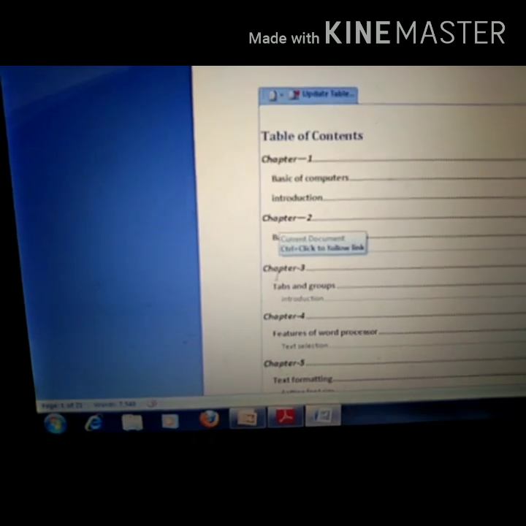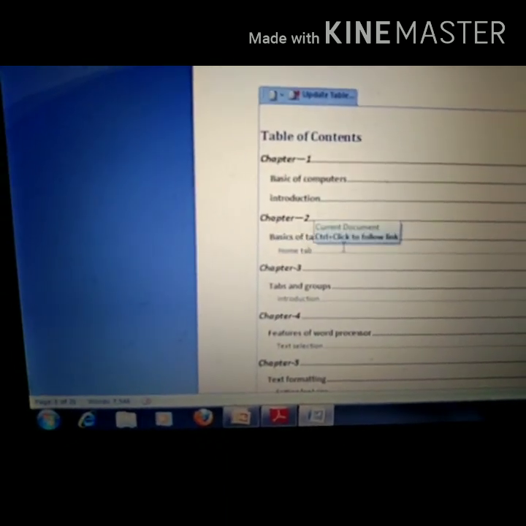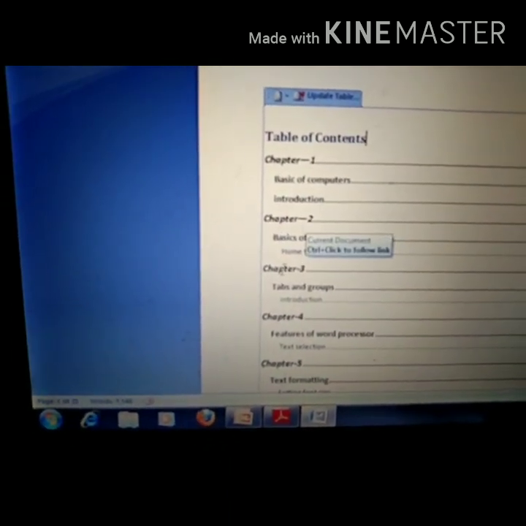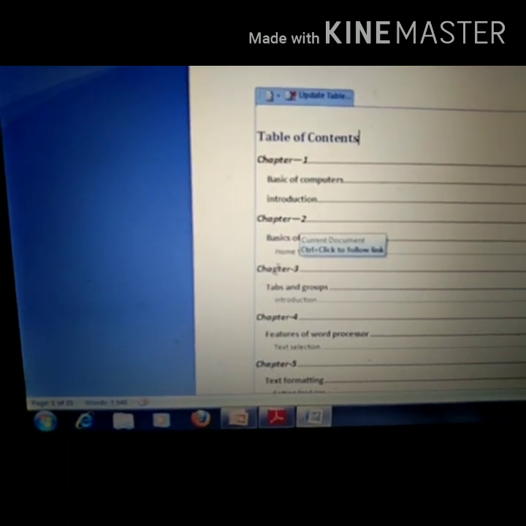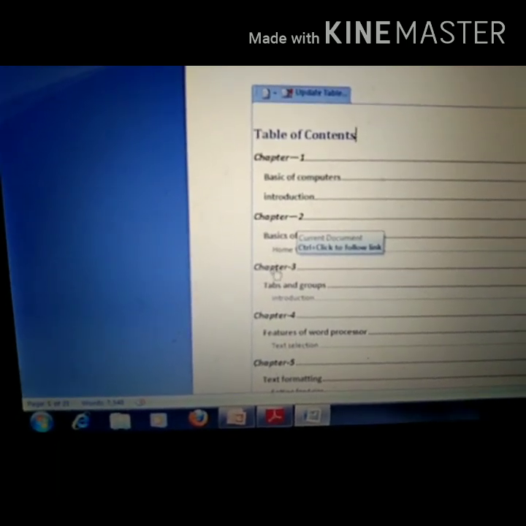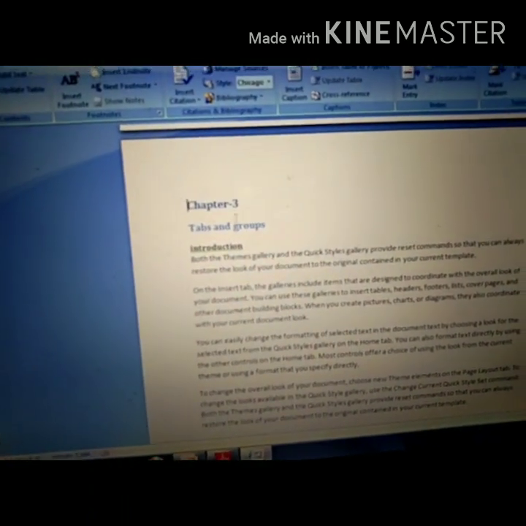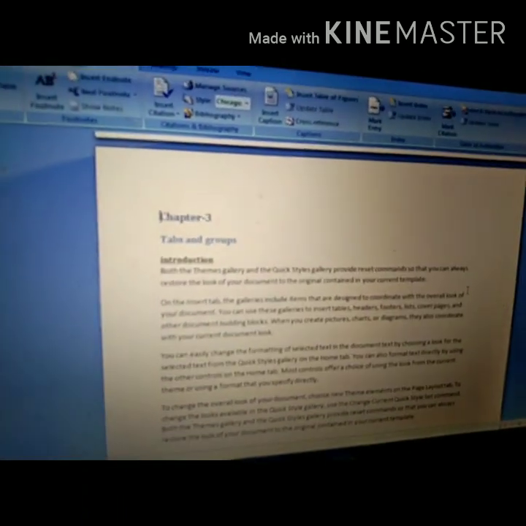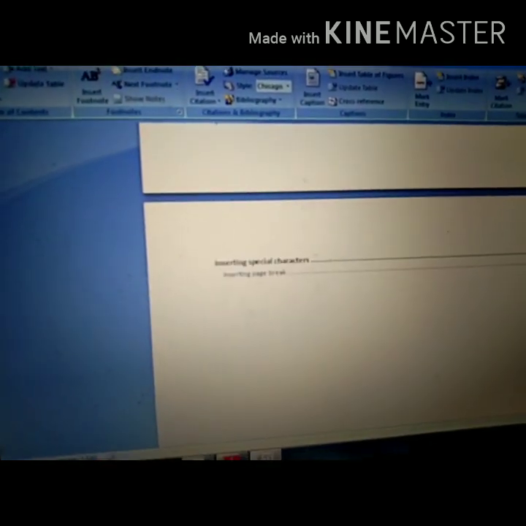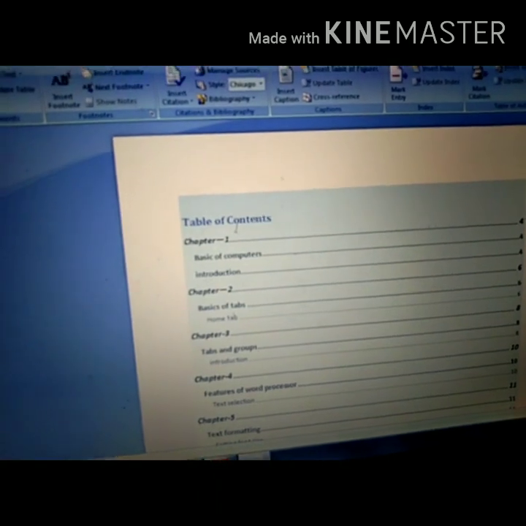I want to open chapter 3. One method is using the scroll bar, or the second option is to press Ctrl and click from the keyboard. When you click on this one, you automatically move on to that chapter. So they can act as hyperlinks also. So in this manner we can place that hyperlink also.